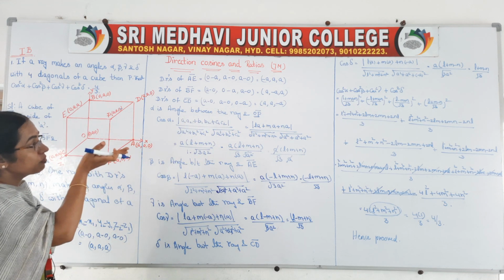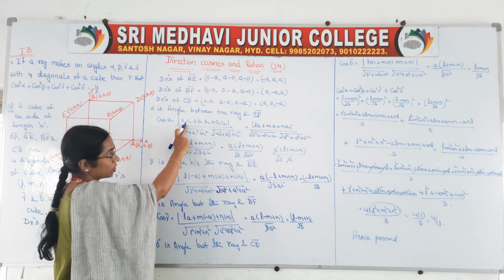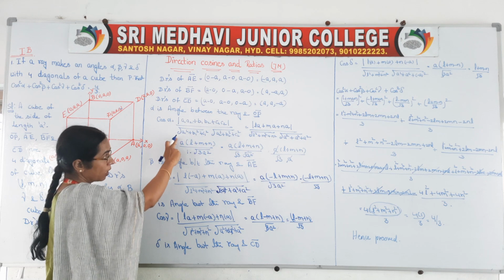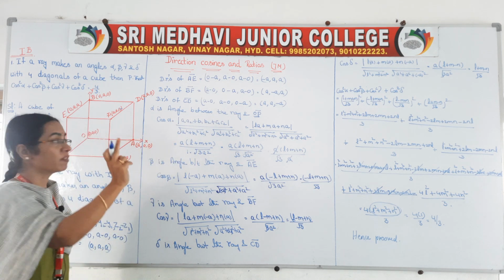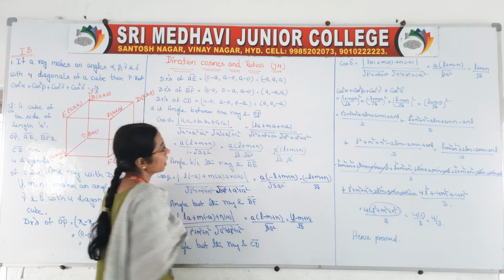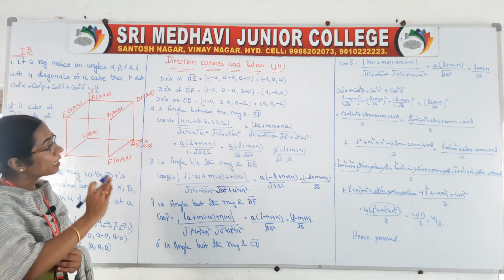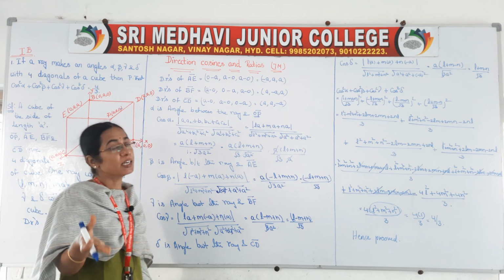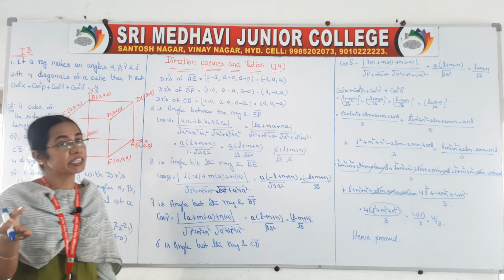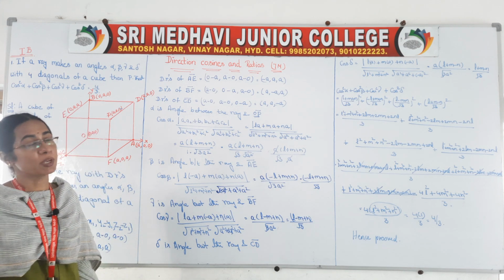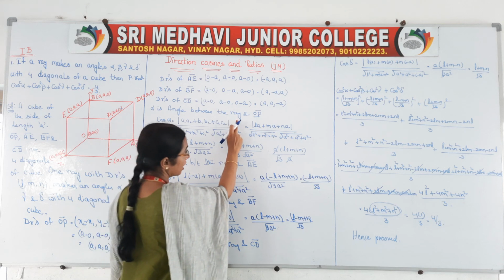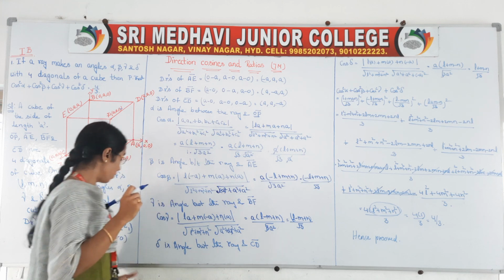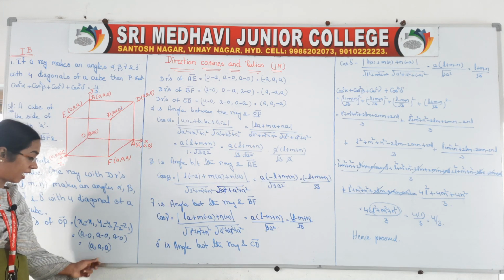So how will we find the angle? Cos alpha is equal to, this is the formula, modulus of a1 a2 plus b1 b2 plus c1 c2 by root of a1 square plus b1 square plus c1 square, root of a2 square plus b2 square plus c2 square, where a1, b1, c1 are the direction ratios of the ray and a2, b2, c2 are the direction ratios of the first diagonal OP bar. I said the direction ratios of the ray are L, M, N, and the direction ratios of OP bar we got from the formula, that is A.